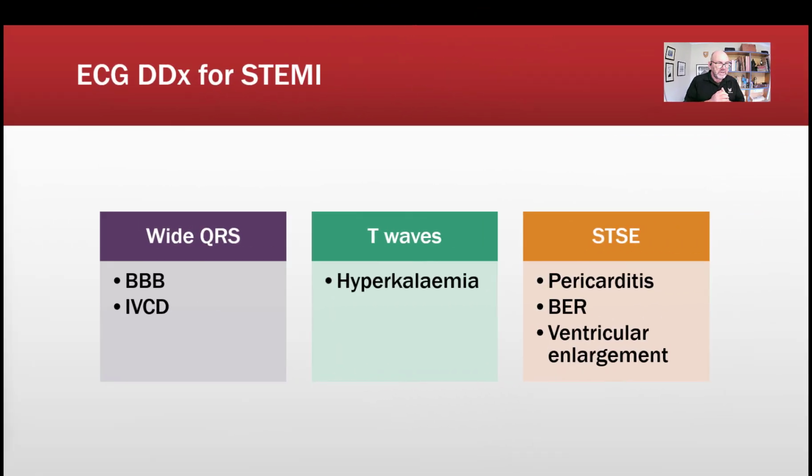So let's wrap this up. A summary. So there are various conditions that can alter cardiac electrophysiology, producing either a widened QRS complex with secondary ST segment changes that can alter the T waves, or it can alter the ST segment